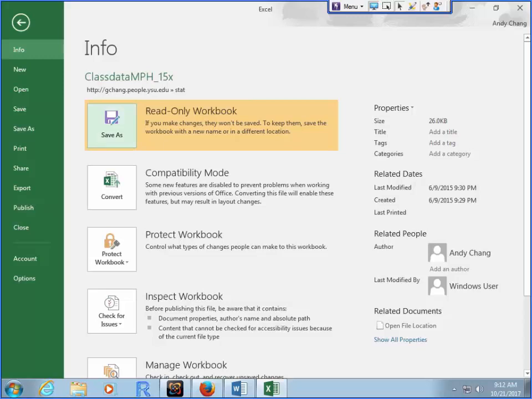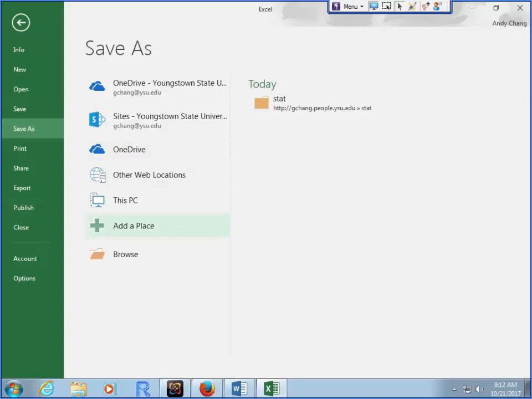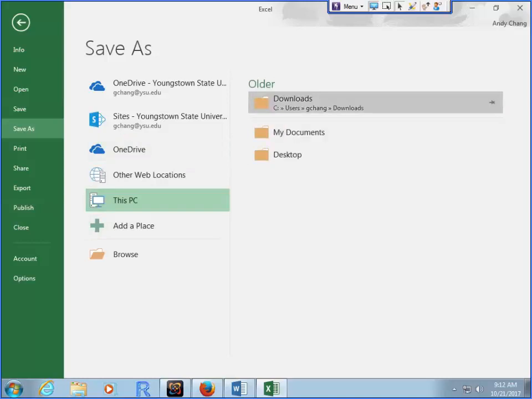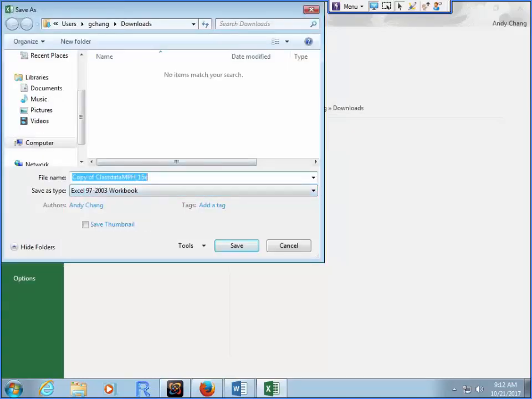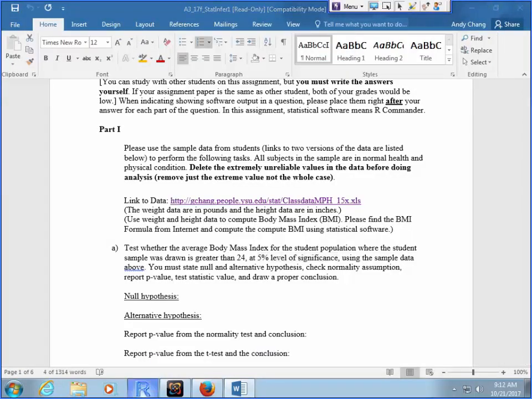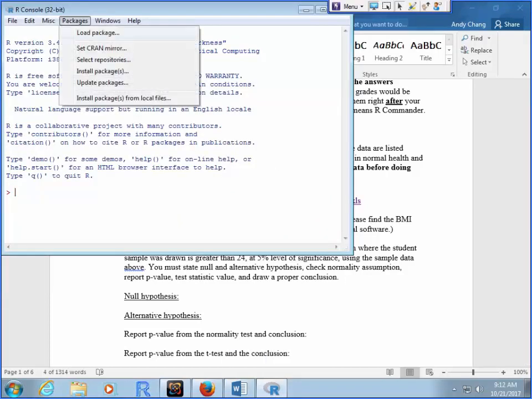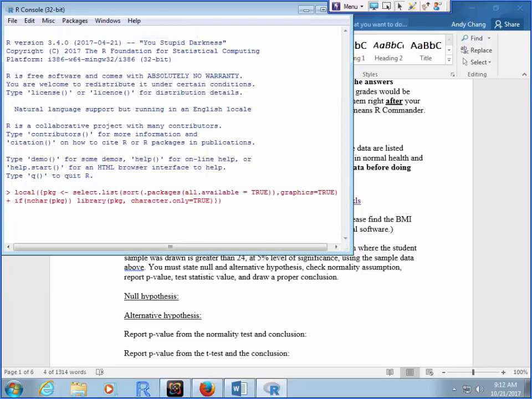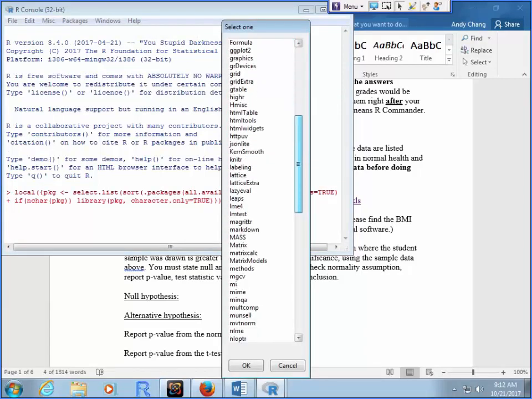So I'm going to just save this. Where did I save that? So maybe save it in some place that I know. This PC, maybe. It's probably in the download folder. Okay, it's in the download folder. Okay, so I'm going to close that and then open R Commander. First R. Then click load package. Go to